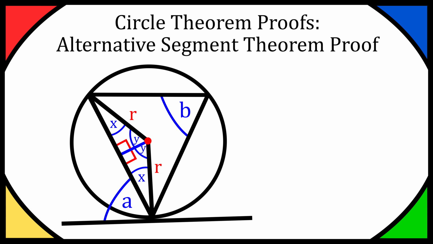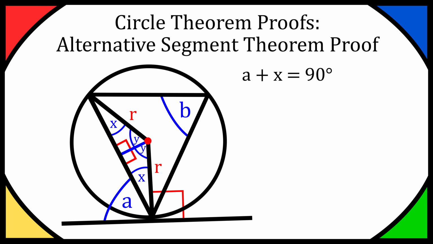Now from here it's good to point out that the radius makes a 90-degree angle with the tangent, so that's why I'm going to put this square in here. And as it's 90 degrees, we know a plus x is going to be 90 degrees, so that's our starting point for our proof. Next thing we know is that everything in one of our little triangles we've made adds